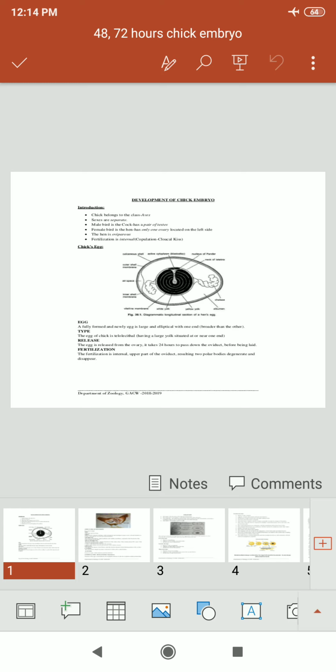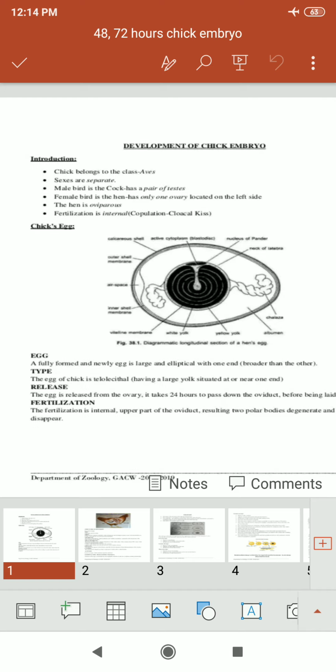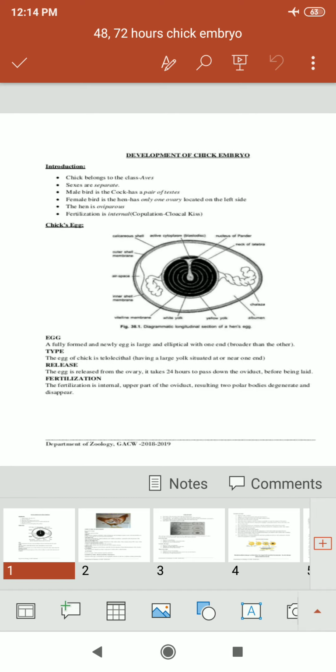And in the 33-hour chick embryo after fertilization, the embryo is about 4 mm long, and the side flexion of the originally straight embryo starts in the head region, and the cranial flexures will be visible a few hours later. At this stage, 12 to 13 somites are formed. The eye vesicles are rather large. So you can see these images of the chick embryo and the development of the chick embryo.